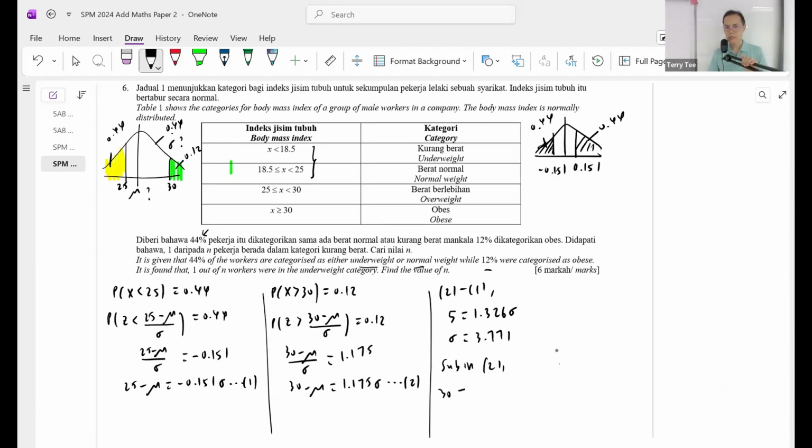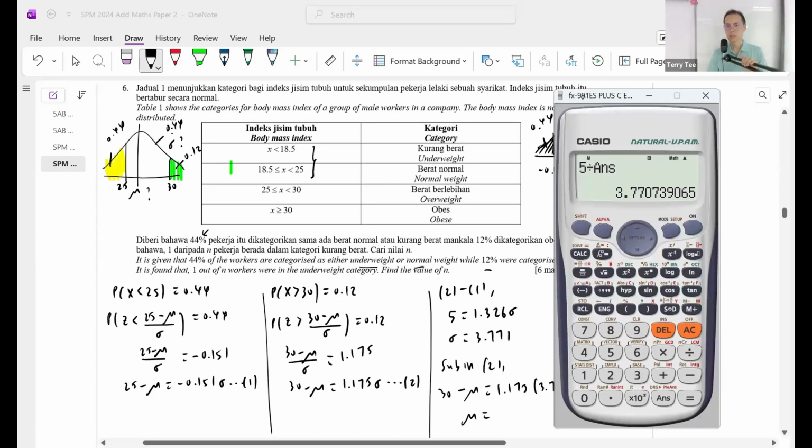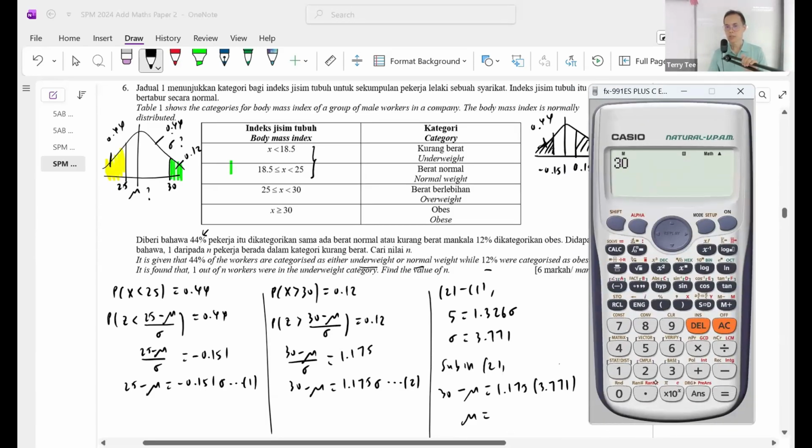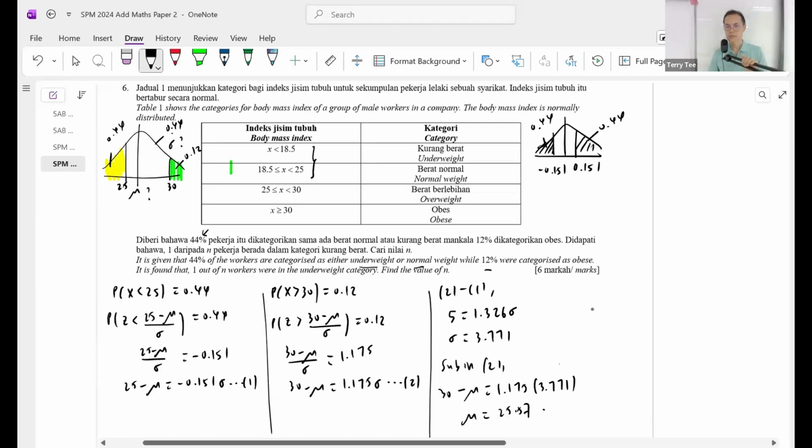30 minus mu is 1.175 times 3.771. Find your mu. Okay, take 30 minus 1.175 times 3.771. So I got 25.57. All right. So with that, I got my mu, I got a sigma. Now, then they say